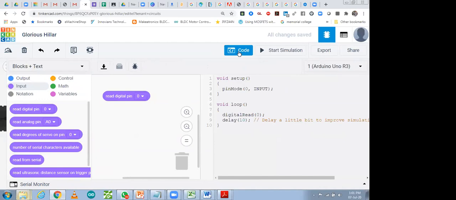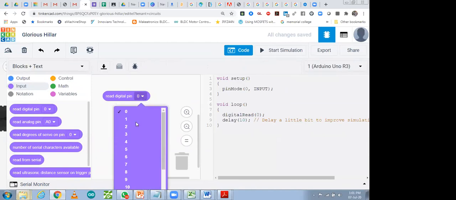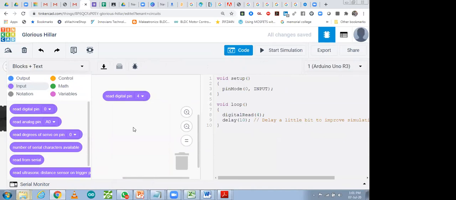So let me do it over here, like select any pin. So I'm going to take 4 number pin. Just suppose, any pin you can take. 4 number pin digital input, that you can see over here. Pin mode 4 number pin input. This syntax is same, only we have to write input with pin number 4. So after that, this one is also defined, digital read pin number 4.